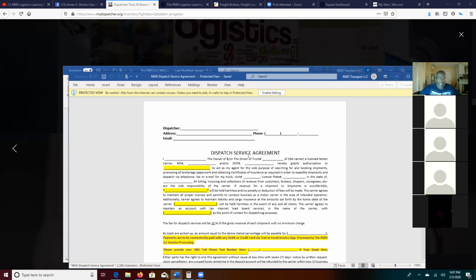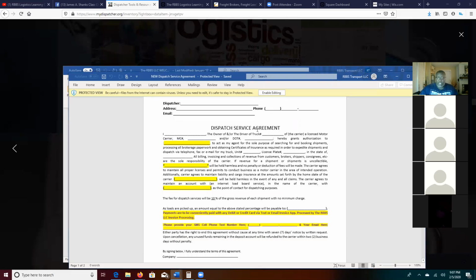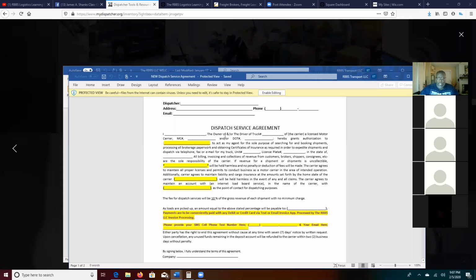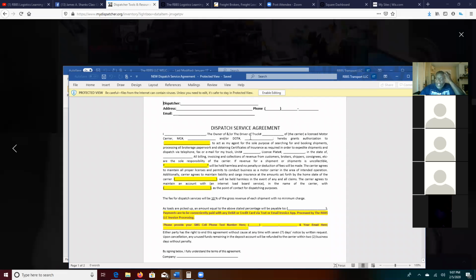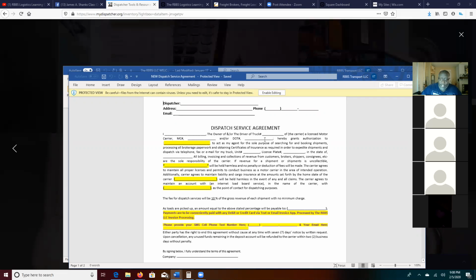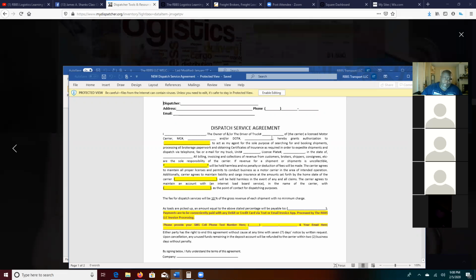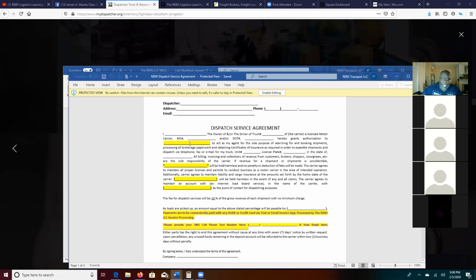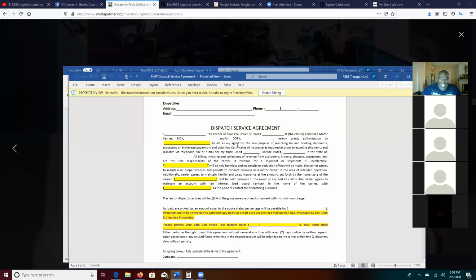All right, just to go over real quick, dispatch service agreement: the carrier's name, the owner of and/or the driver of truck number, base of; the carrier, a licensed motor carrier, the MC number, DOT number, hereby grants authorization. That's your first express consent. Hereby grants authorization to, and then your company name or your name goes there, to act as my agent for